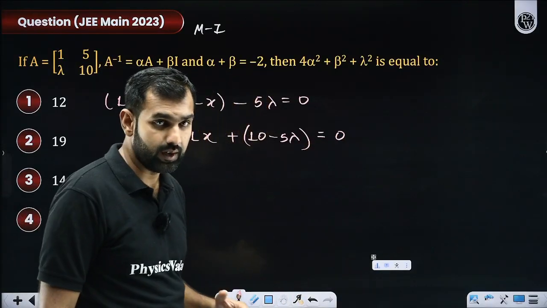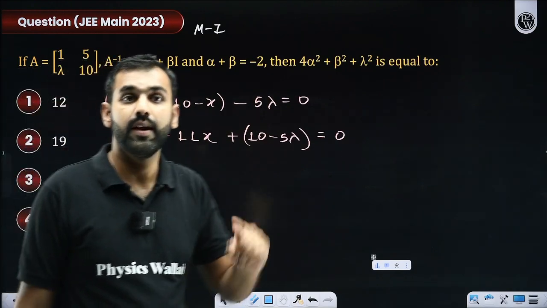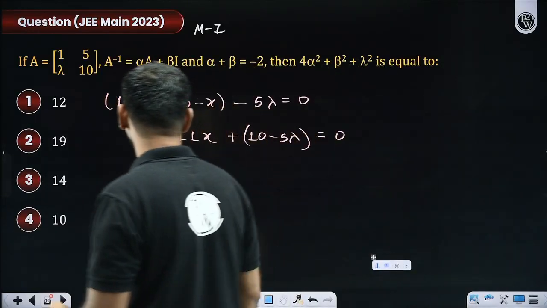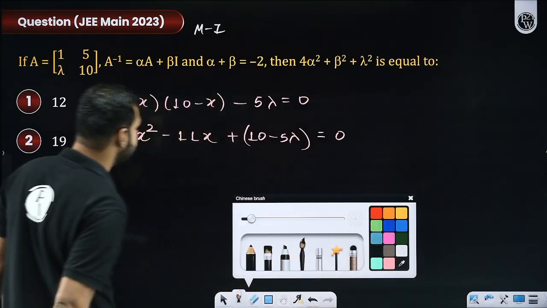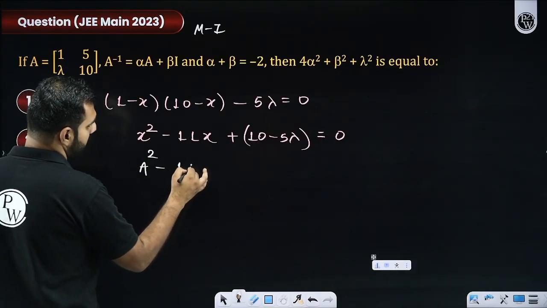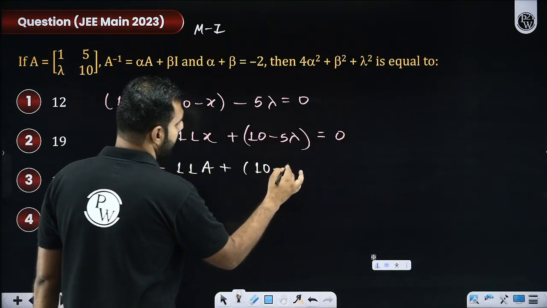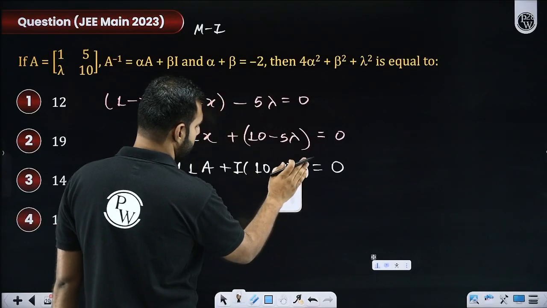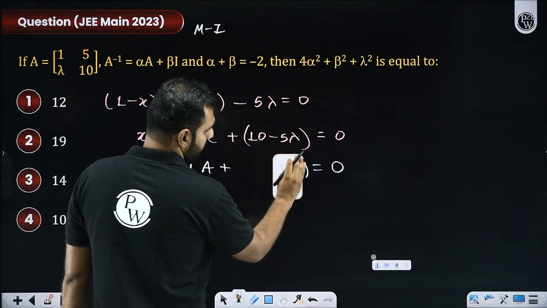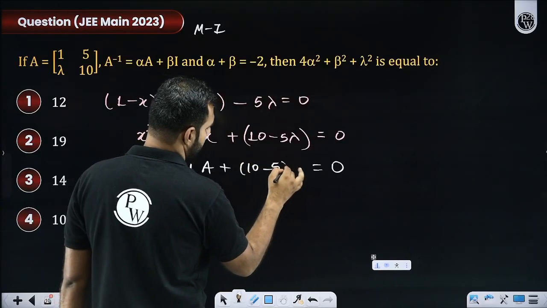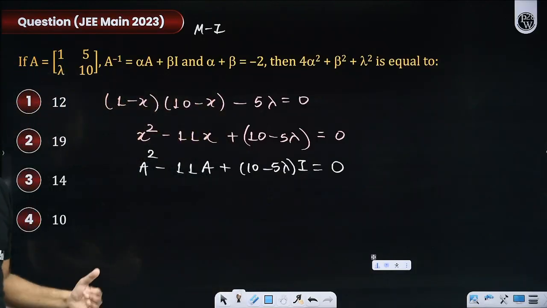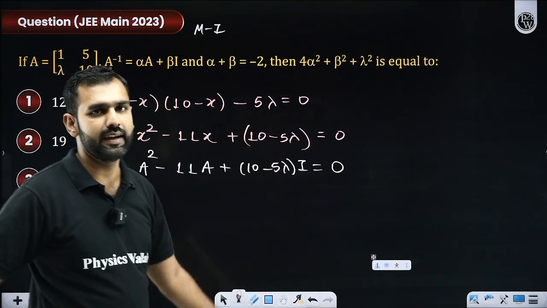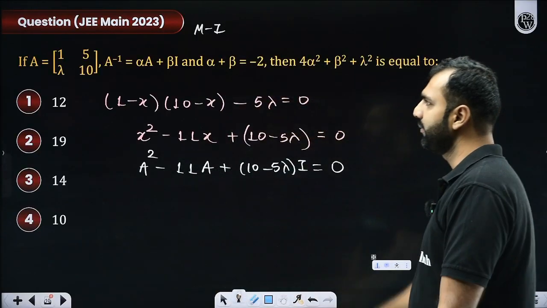So here the variable is x, and this matrix A will satisfy this polynomial. So if I wish to write the matrix polynomial for A, how will I write it, everybody? It will be written as A squared minus 11A plus (10 minus 5 lambda), yes or no, is equal to the null matrix, and there it should be multiplied with an identity matrix. So I am rewriting it, 10 minus 5 lambda times I. I hope you're getting it. A squared minus 11A plus (10 minus 5 lambda) I is equal to null. Did you all get that? Everybody, give me a quick confirmation.